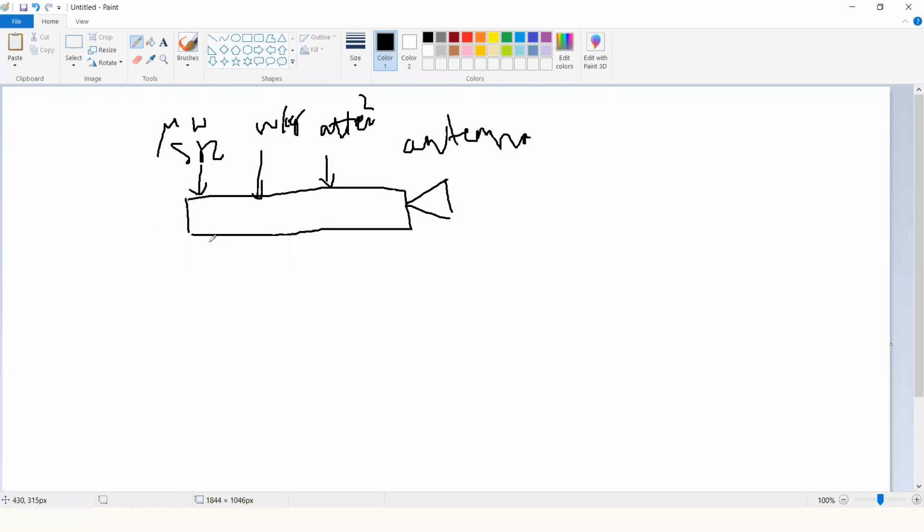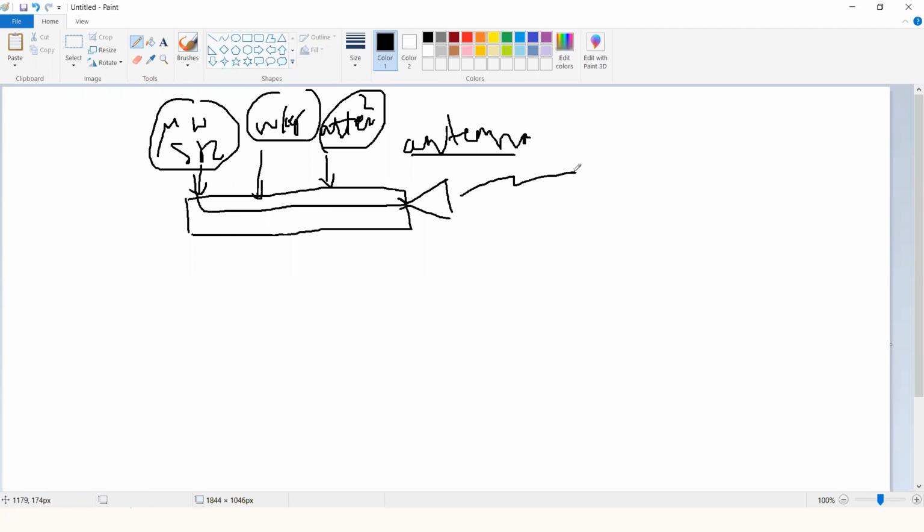So we are speaking of a microwave system in terms of transmitter and receiver. If I consider it for communication, what all things might be present in a microwave system? You should have a microwave source, then a waveguide, which helps the microwave to traverse through and reach the other end. In between, if an attenuator, phase shifter, or any other part is required, you can deal with that. Then at the other end, if I want to transmit this signal, I should have an antenna. And suppose I want to receive this, then I'll have a receiving antenna.